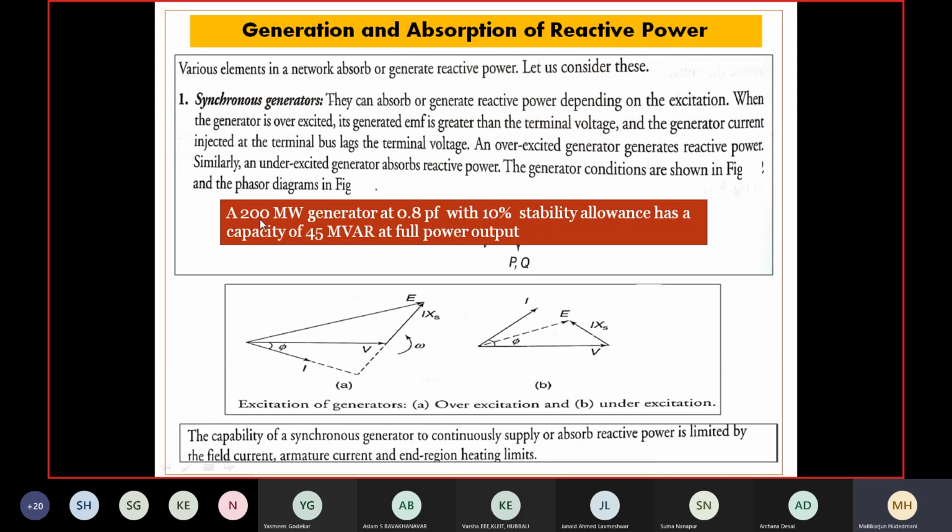It is observed that a 200 MW generator has a capability of producing 45 MVAR at full power output just by controlling the excitation requirement of the synchronous generator. A 200 megawatt generator which is pumping 200 megawatt to the grid has the specific ability to develop 45 MVAR reactive power